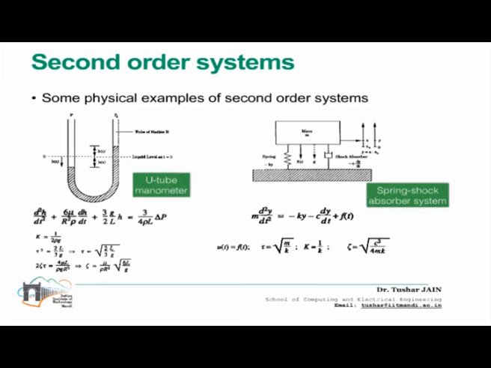And okay, I am coming on to the response curve for the underdamped system. Let me finish with the examples, just some practical examples. So the idea behind, like I said, analyzing the systems is to see how they are going to behave, since these are all practical systems and we try to approximate. And the idea behind analyzing is to compute the parameters k, tau, and xi such that I can expect my physical system to behave in the sense what I want it to.